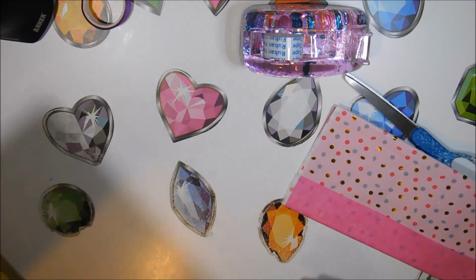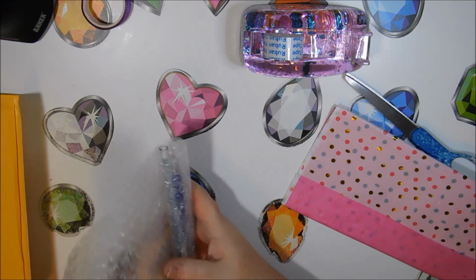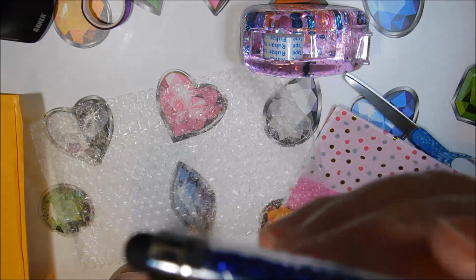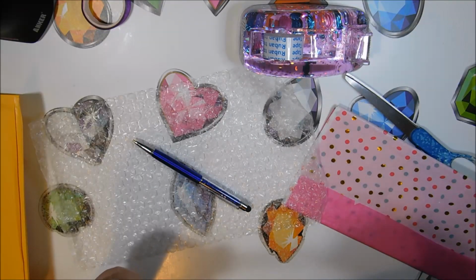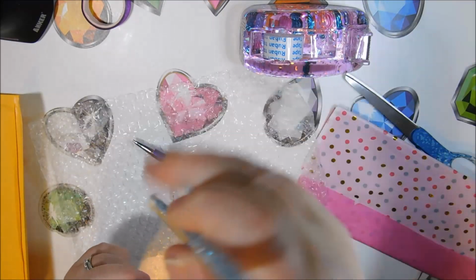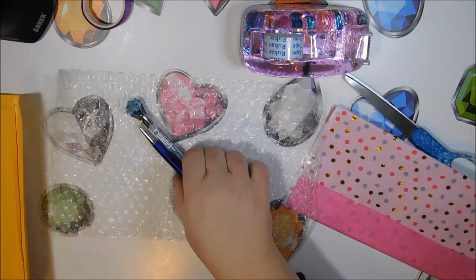Got another pink one here. Let's get the pins. Here is your sparkle and shine in royal blue. There's your pin tip, and there's your pretty sparkles. Here is your clearly rounded in blue. There's your drill tip, and there's your pretty sparkles. And of course there's your diamond. And then